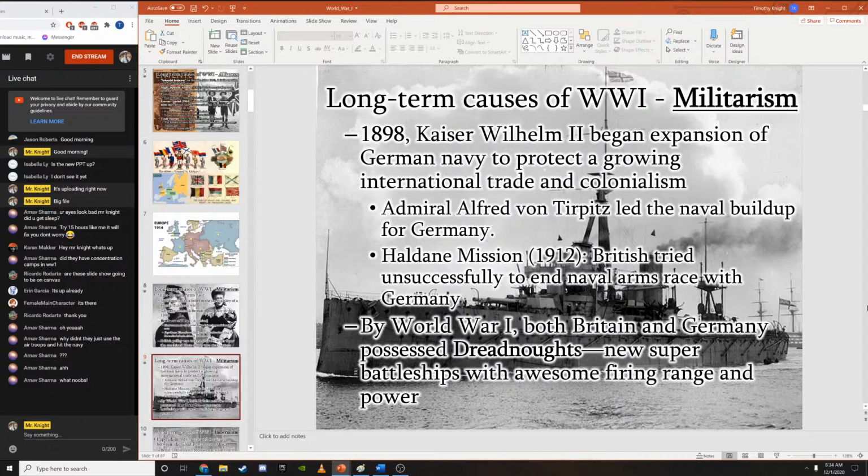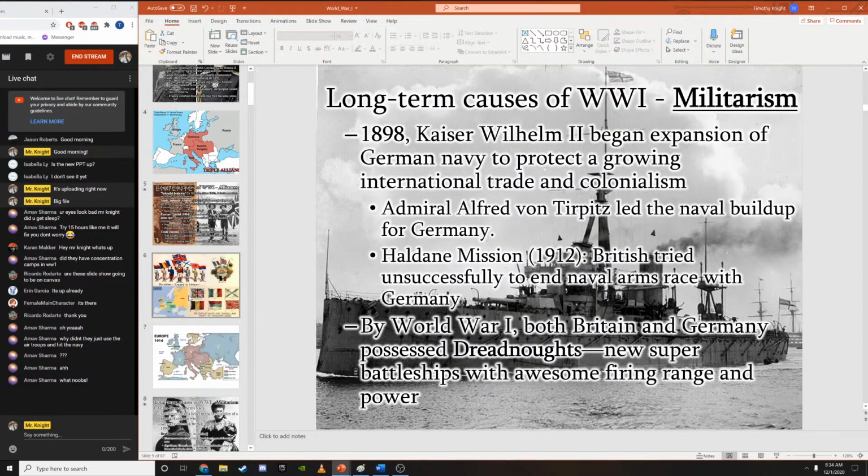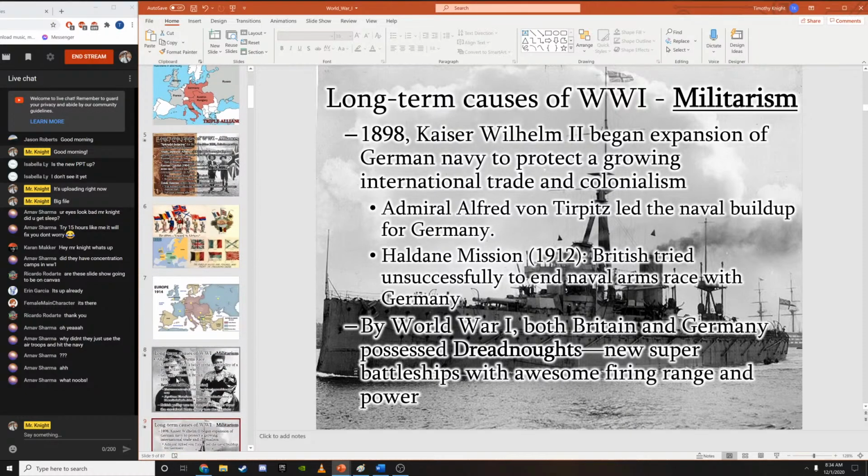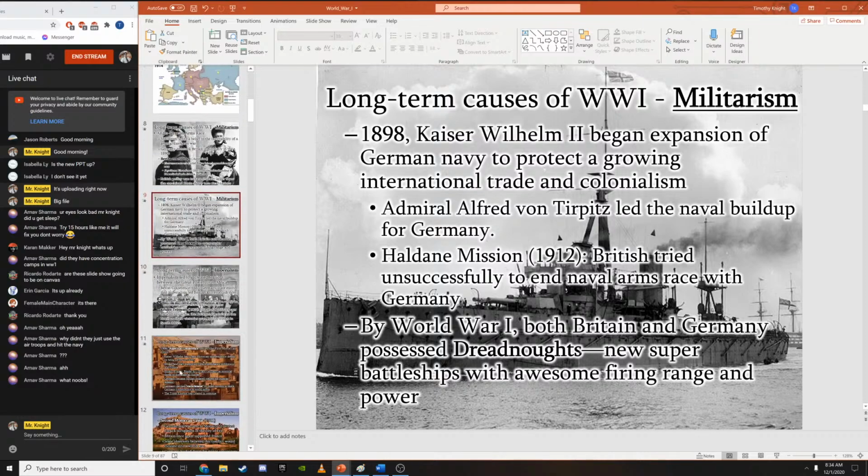But nonetheless, they do have some technology that is going to cause a tremendous amount of devastation to the European countryside. So these battleships do not end up doing the damage that they thought they were going to, but they do some damage in the sense that they're able to counter the U-boats that are stalking the waters of the Atlantic. All right, so that brings us through M and A in terms of mania, militarism, and alliances.